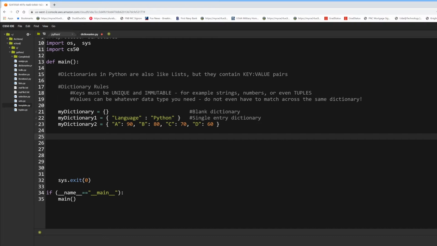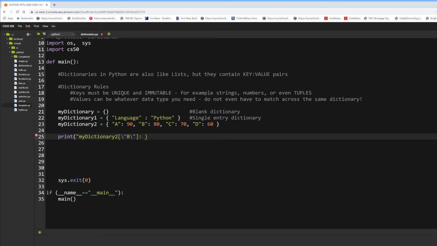So now let's just do some printing from this, and let's say print my dictionary 2, and I'm going to say, I meant to put a slash double quote B slash double quote. Oh, I did have square brackets in there. So we're going to say my dictionary of, and this will make a lot more sense when you see it printed out,